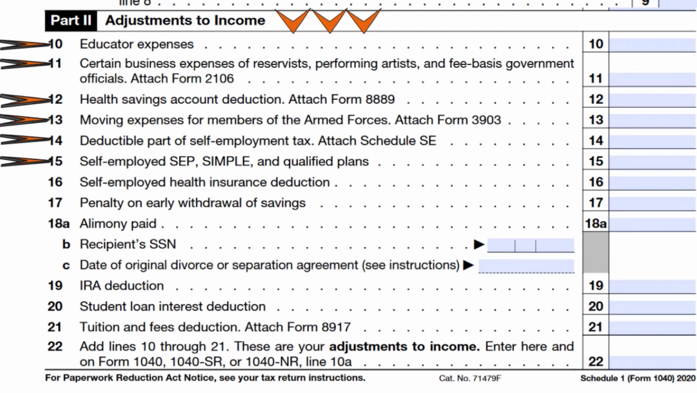And line 16 is for the self-employment health insurance deduction. If you're a self-employed individual, you can deduct 100% of health, dental, and long-term care insurance premiums that you paid for yourself, your spouse, your dependents, or any non-dependent child aged 26 or younger at the end of the year. And I want to say now on line 17, this is where you have to write in